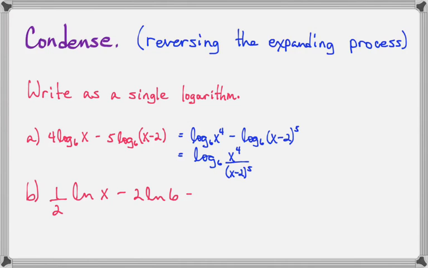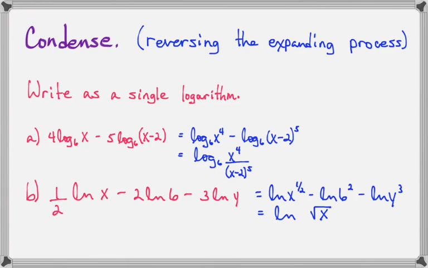Here's a second one. 1/2 natural log of x minus 2 natural log of 6 minus 3 natural log of y. So first of all, each of these coefficients has to go back to its exponent position. And then these negative log terms must mean that these things came from the denominator of the argument. So when I make it all into one log term,